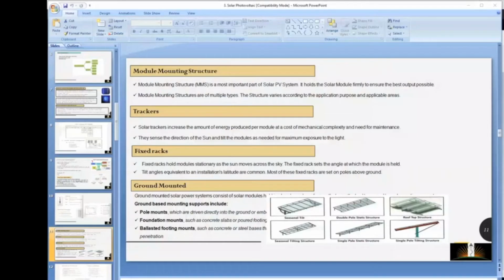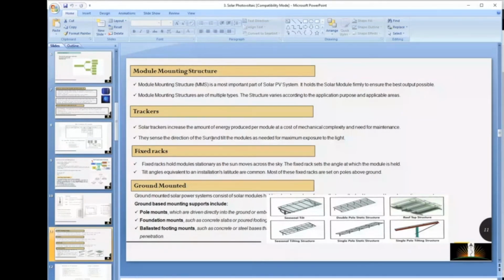In solar design, like in PVsyst, we will only mention the tilt angle which is required, which is generally the latitude. For any system you are designing, let's say you are designing for Kolkata, the latitude will be 23, or India even, the latitude will be 23. If you are designing for Greece, you need to check the latitude of Greece from Google, and you need to put that latitude as the tilt angle. Clear? So in case of PVsyst system design, we are putting the latitude as the tilt angle.